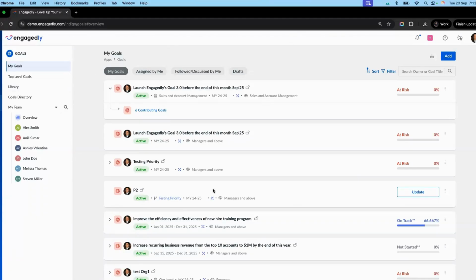All right. So in short, that's about the overall goals module that we have. And I'm pretty sure this is going to save a lot of time considering the amount of time that you spend on the current version. As I told you, the most simplified version. And as of now, 40 to 50% of our clients have already migrated to the new UI and Goals 3.0. All we've been hearing is positive everywhere. Everything is positive. Even if they give any feedback, we have listened to it and we have made those changes,